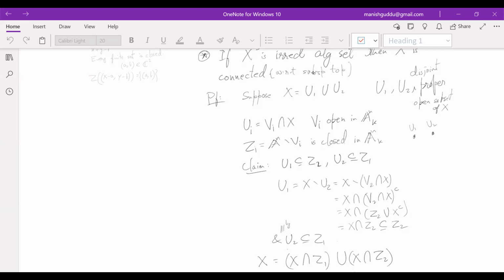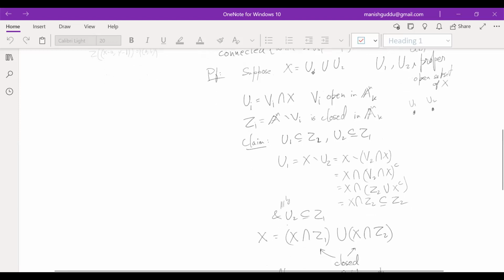So X is going to be more or less Z1 union Z2. It's not exactly Z1 union Z2; you will have to intersect with X, and then it will work out. So this will give us two components, Z1 intersection X and Z2 intersection X. So the first claim is that U1 is contained in Z2 and U2 is contained in Z1. So U1 is X minus